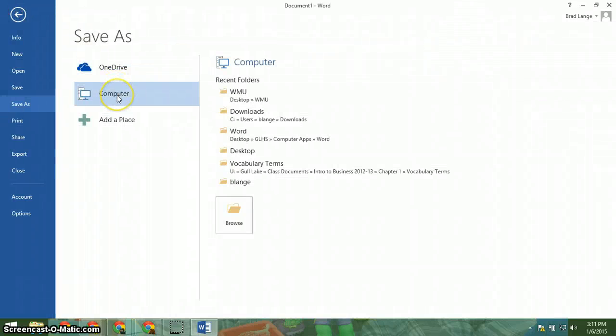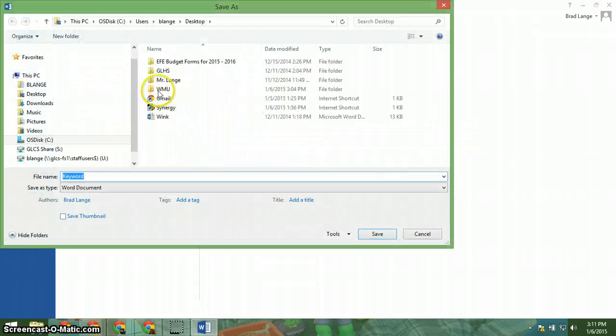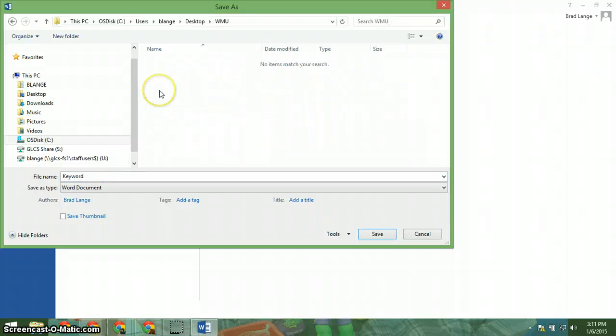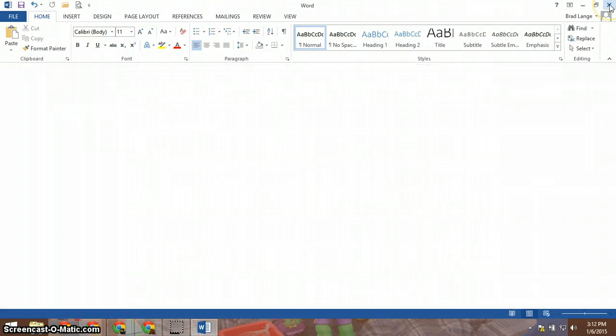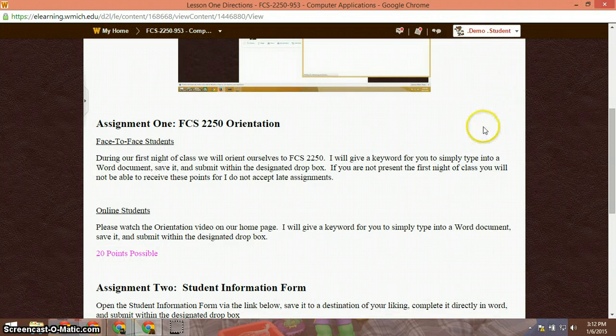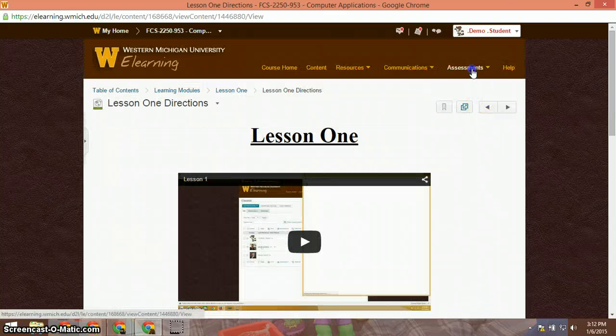And I want to save it to a destination that I can recall. So I'm going to go to my computer, and I'm going to choose it on my desktop itself. Now, on my desktop, I did create a folder called WMU. So I'm going to save it there and keyword. You want to make sure you can get back to that document and close it. Now, what I'm going to do is scroll up, and I'm going to go under Assessments and